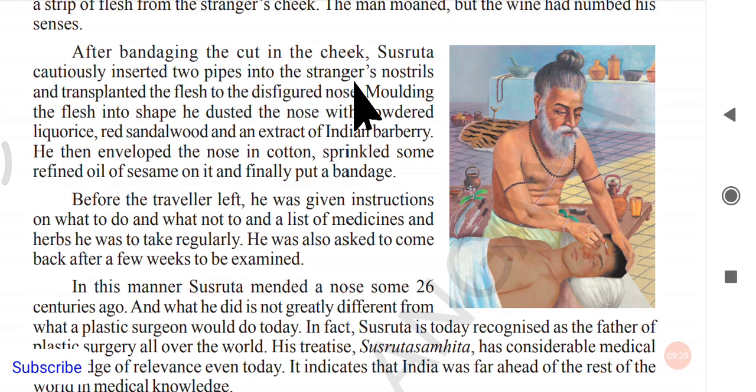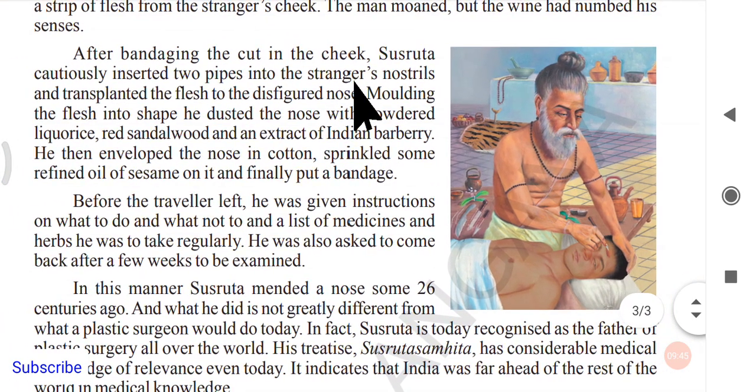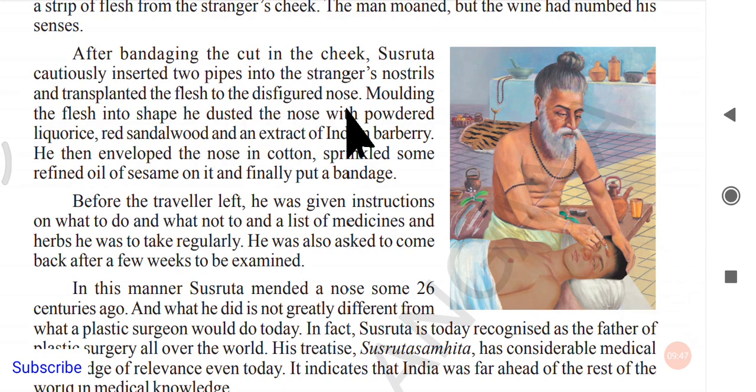There are two pipes. He inserted two pipes into the nostrils. Nostrils, in the sense, holes of the nose, two nostrils. The two holes of the nose are called nostrils. So he put two pipes into the nostrils, and he transplanted the flesh into the disfigured nose. Transplanted in the sense the flesh which he has taken from the cheek, he took the flesh from the cheek and put it on the nose. Okay, finally,